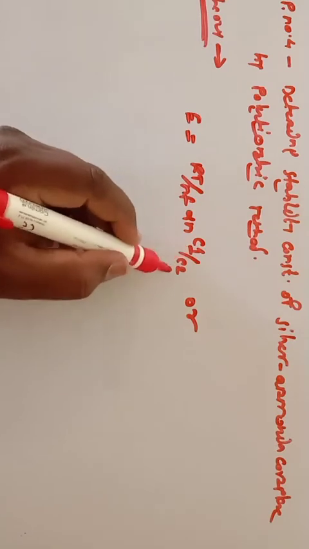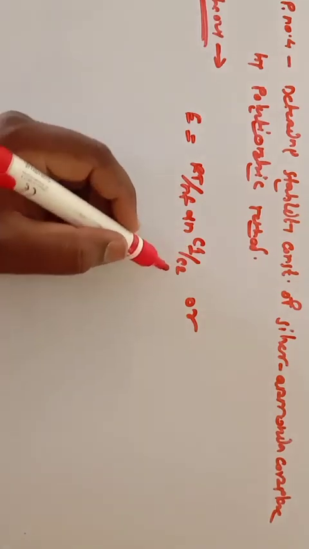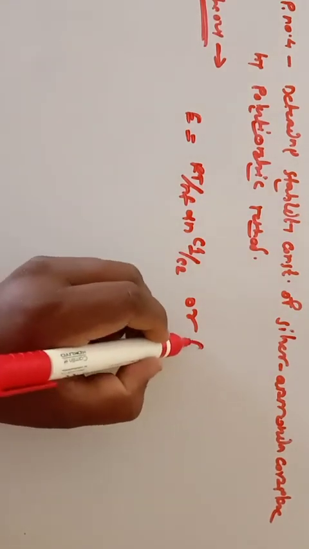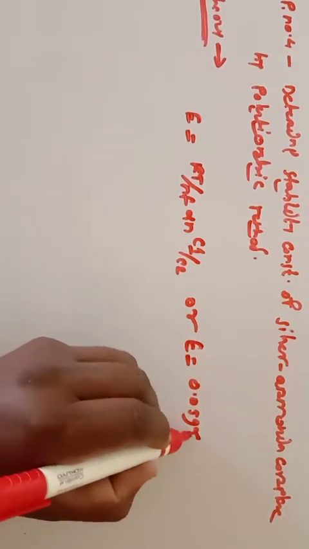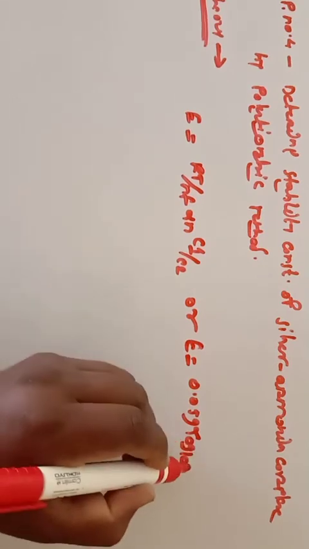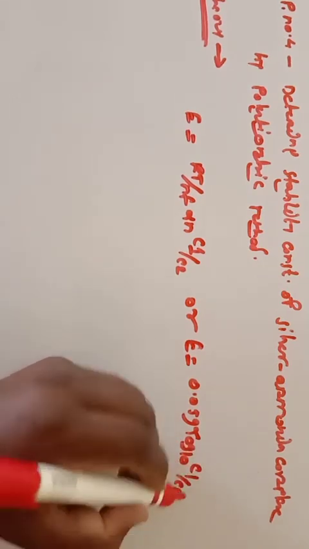So C1 is known but C2 is not known, or we can write this as E equal to 0.059 log to the base 10 C1 by C2